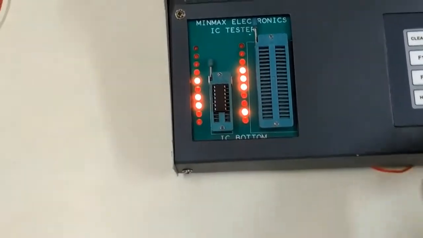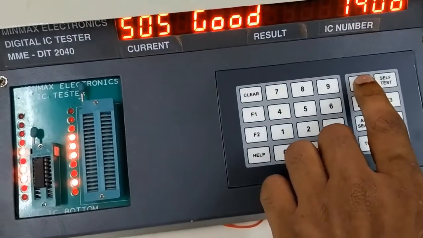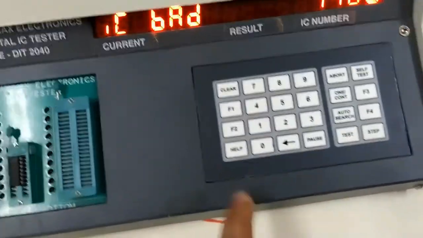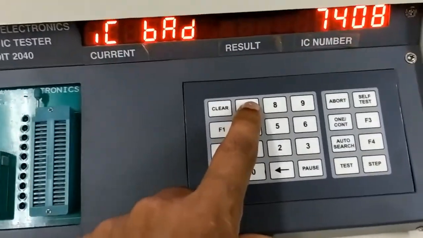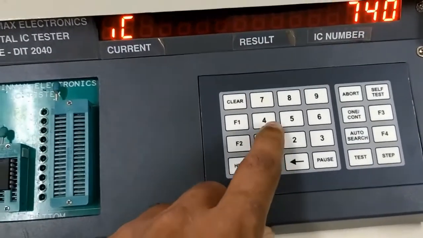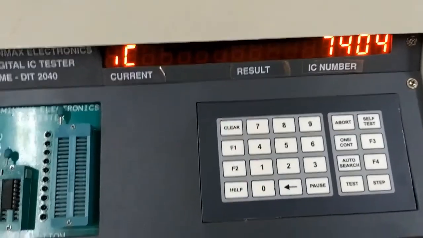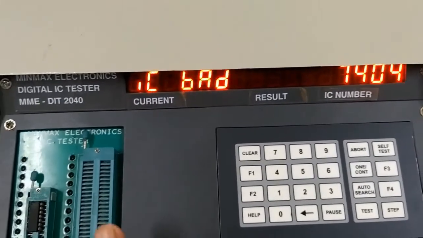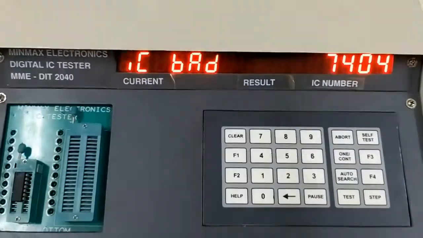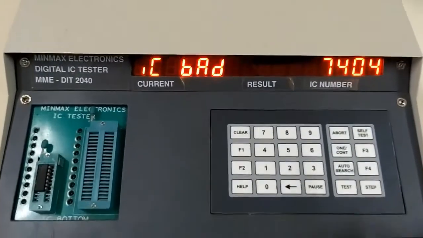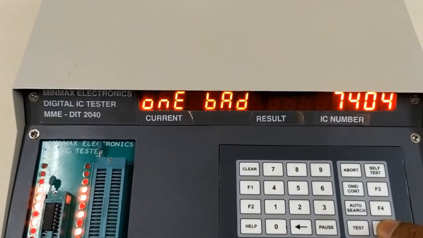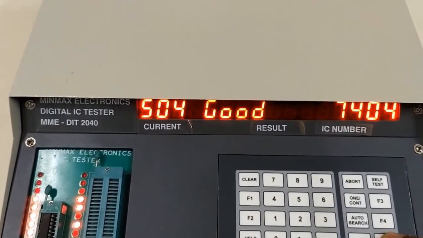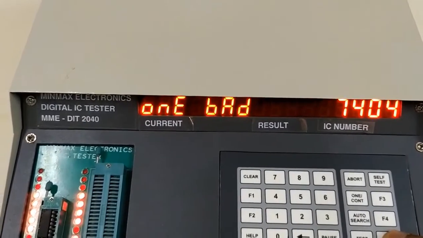Once it has been placed, I will abort the previous process, and I'll enter the number 7404. After that, I'll go with the test. If you go with the testing process, it says it is bad. Now if I want to go with step, I can go with the step. It says some gates are good and some gates are bad.